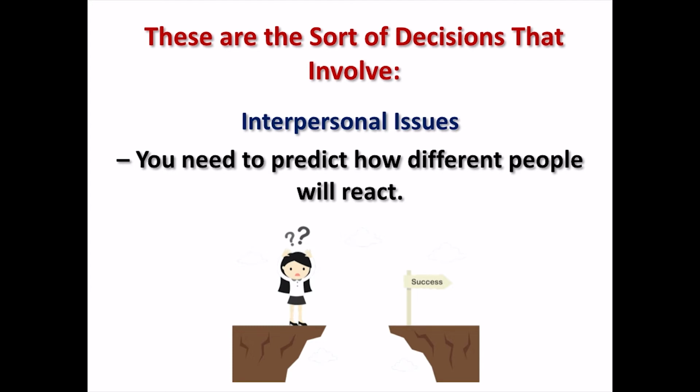Perhaps they evaluated from a financial perspective, but didn't think about how people would react to it. Maybe they got excited about the potential of the idea, but had not considered the risks. Or perhaps the decision was championed by the dominant member of the decision-making group, and other group members didn't feel confident enough to argue. There are many factors to consider when you make a decision, and it's easy to miss